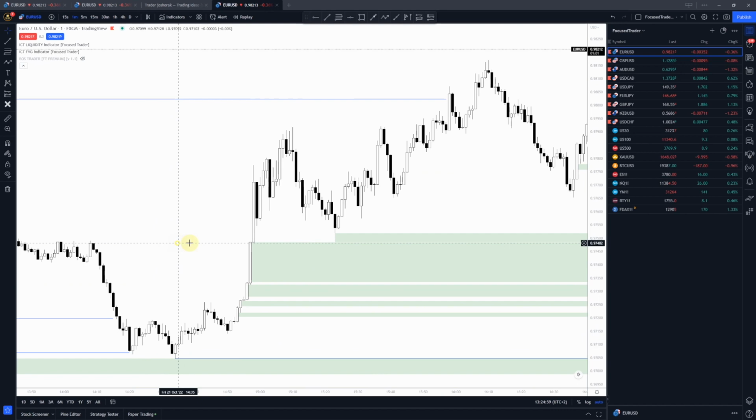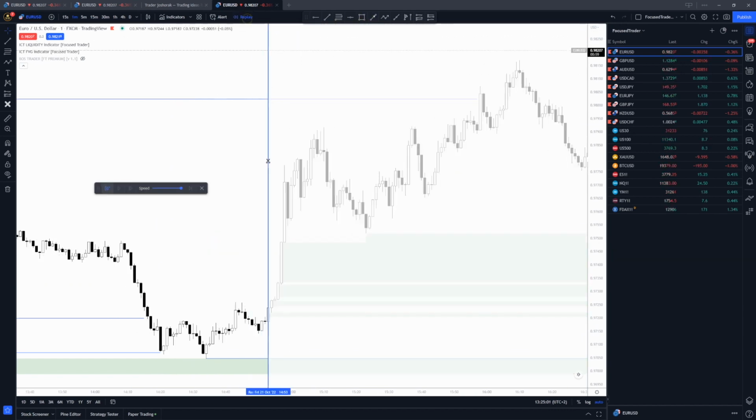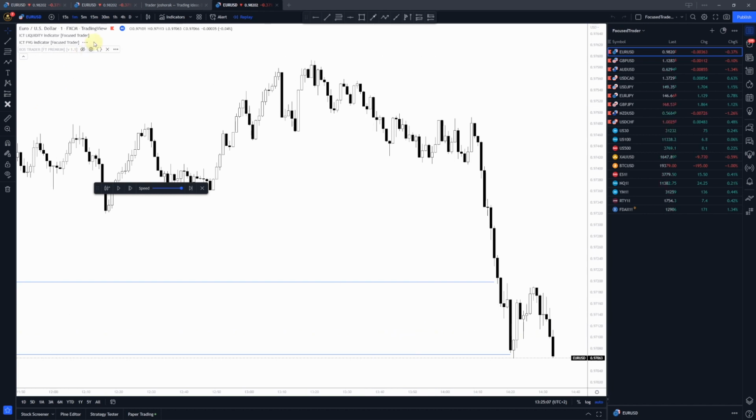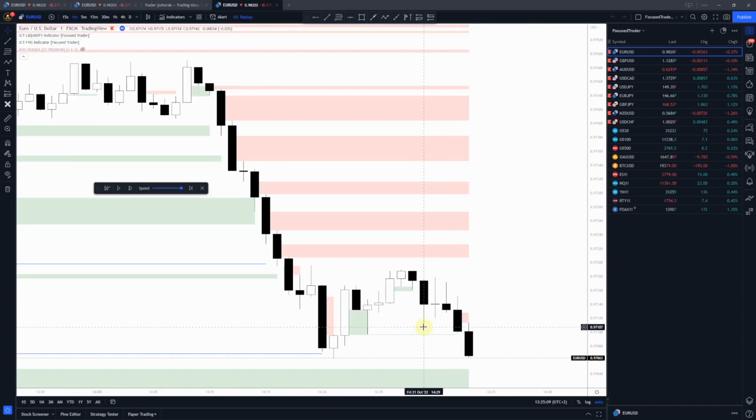So you won't be able to see it, but there is a way if you use replay mode. So I will turn on replay mode and we wait for a while, and now we get our fair value gaps. So you see these short fair value gaps and you see this long one. So there is a fair value gap, the gap is closed, and then there is some reaction happening, but then market reverses and continues to the downside,